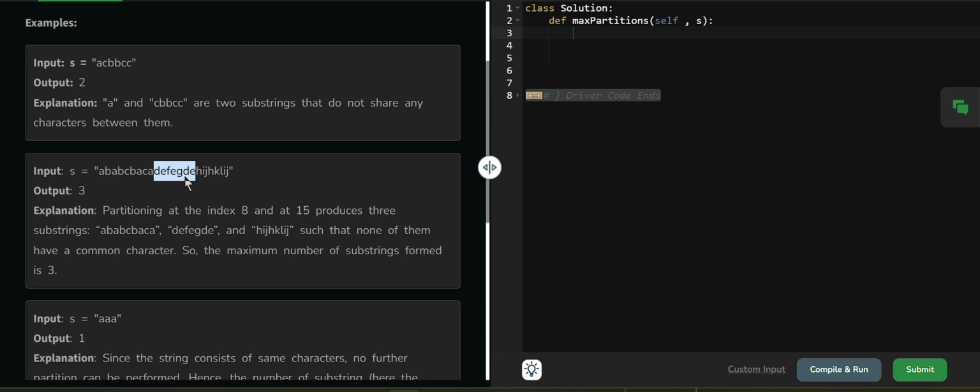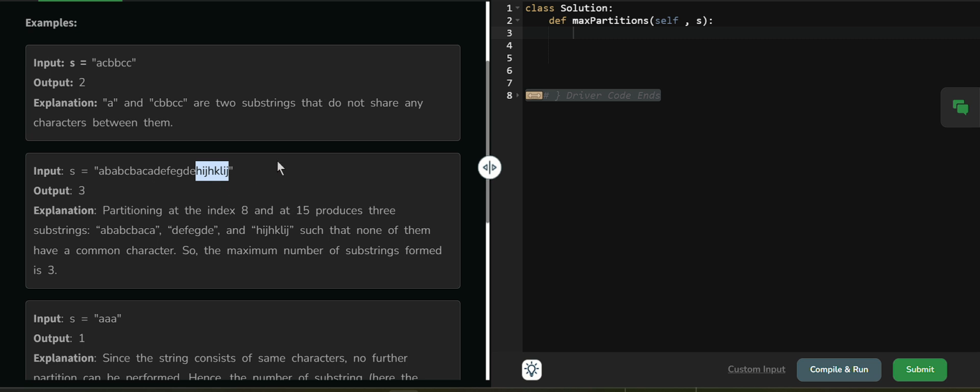Then d, up to here only. Then e, so we can say that my substring 2 is this only. Then the same thing with h, whose ending index is up to here. Then the ending index of i is up to here only, and the ending index of j is up to the end. So after this we can say that my third substring is this only.